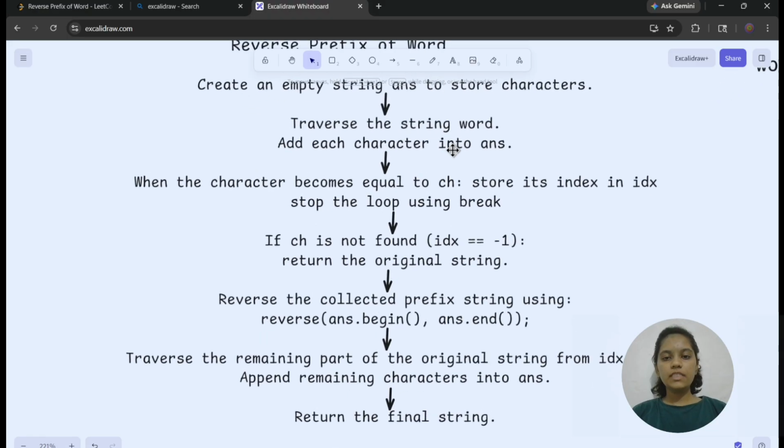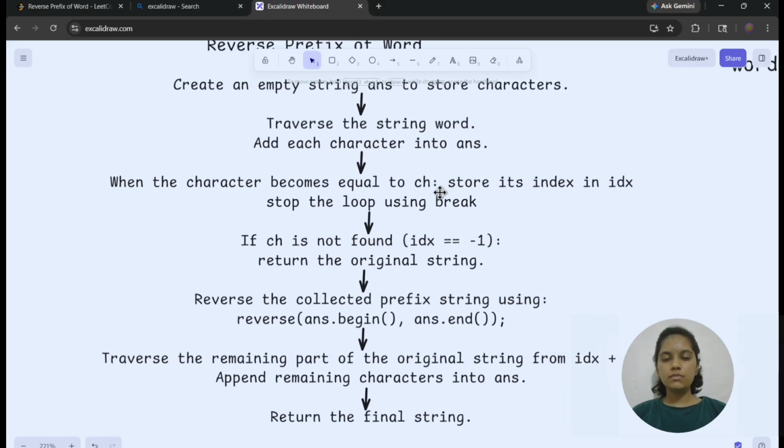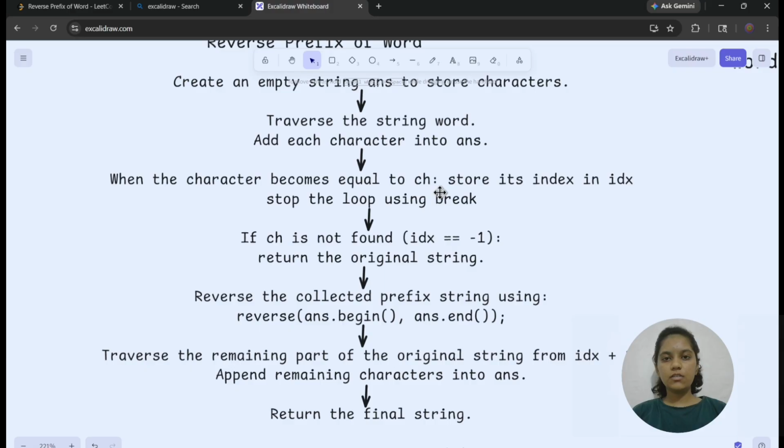So when the character of the given string is equal to ch, I have to store its index in the index variable and stop the loop using break.